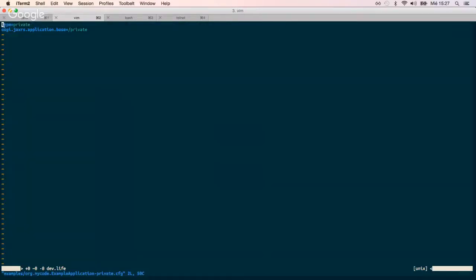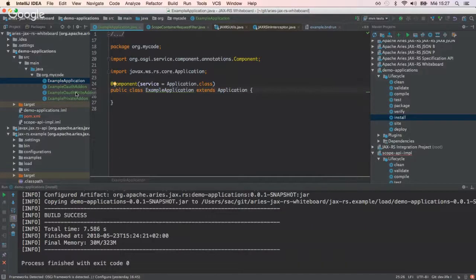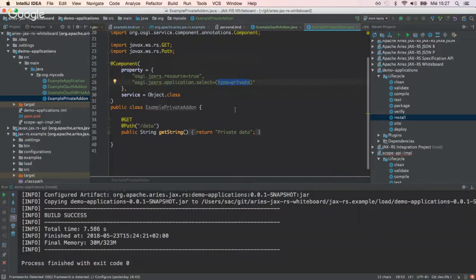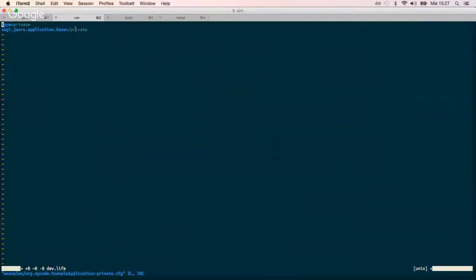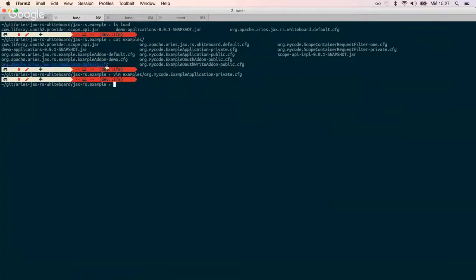So it's saying type private, as this add-on expects. And it's going to be deployed, this is a whiteboard property, under /private. I forgot to mention that this runtime is running on localhost 8081. Now if I copy this file into load,